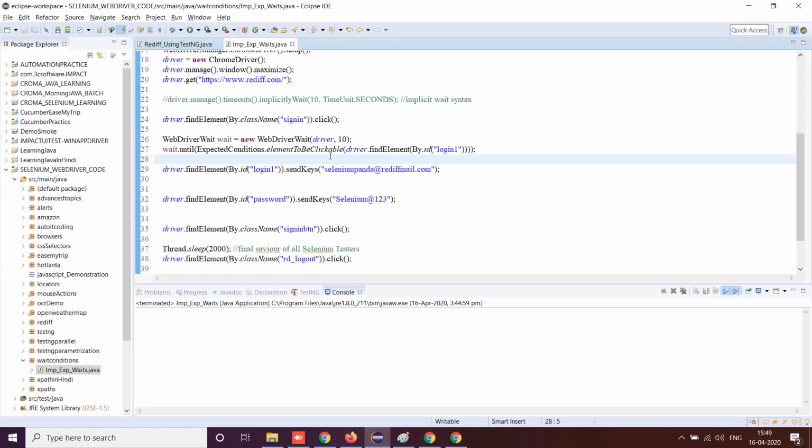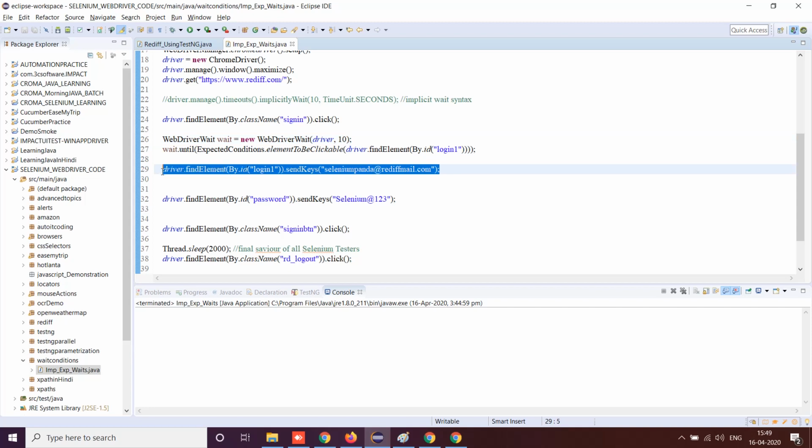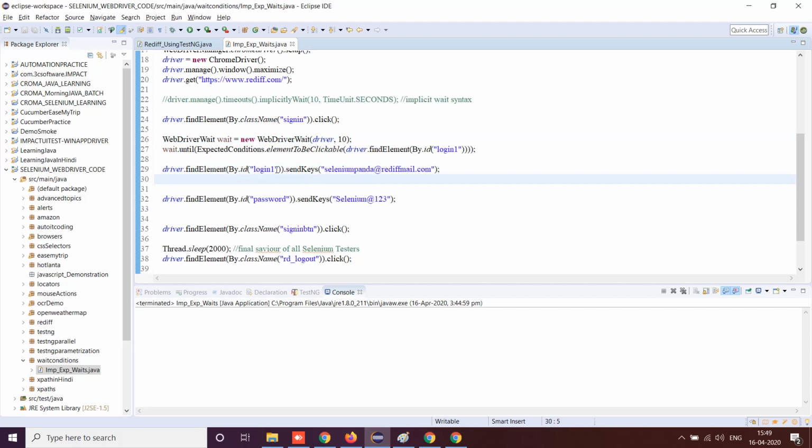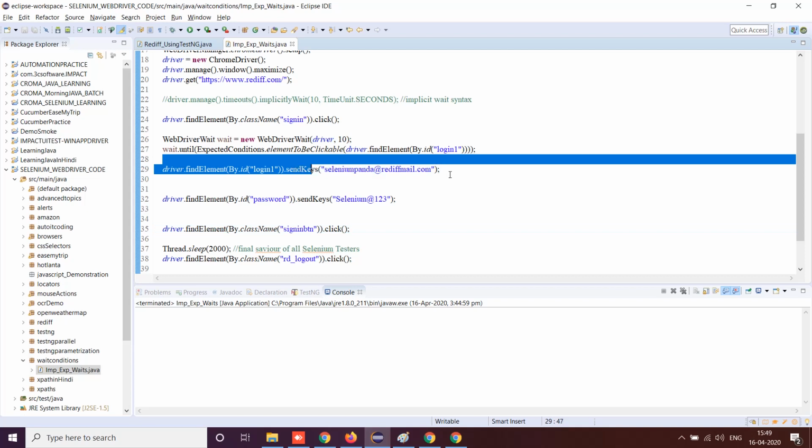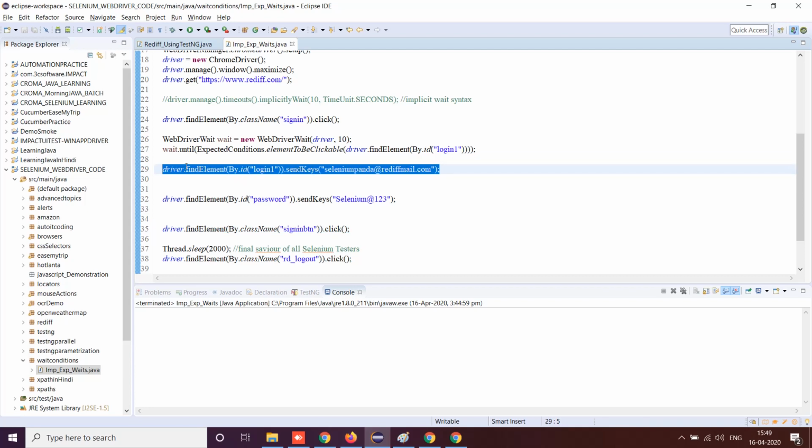So WebDriverWait is explicit to this particular web element which has an ID of login1, and it is not applicable to this, and not applicable to this also. It is only applicable to this particular web element. So this becomes easy for us.